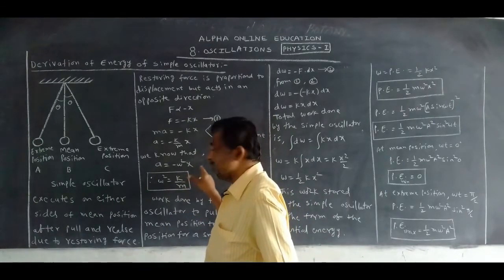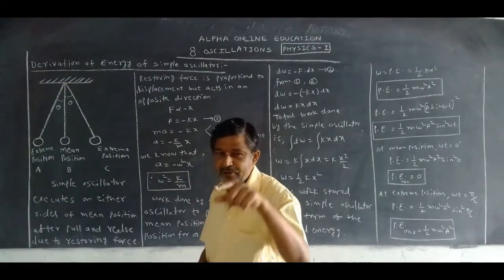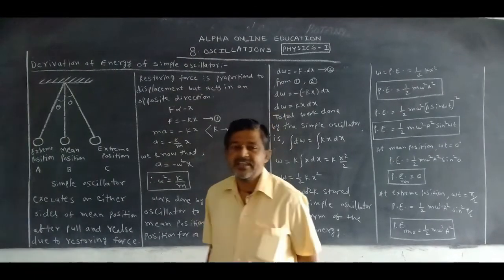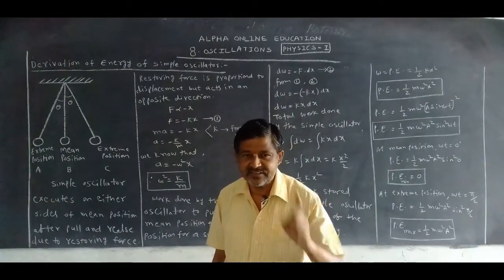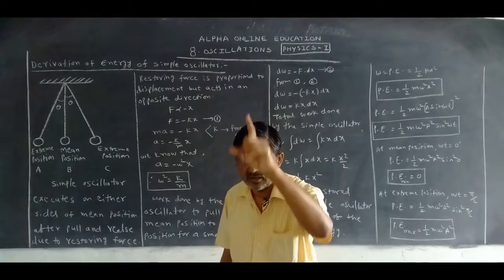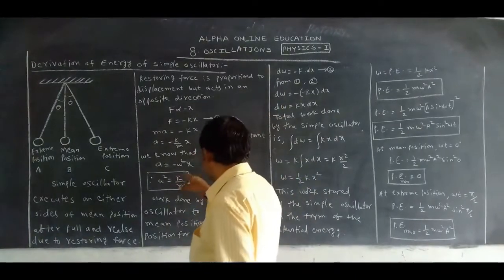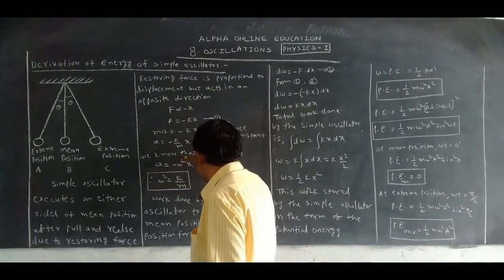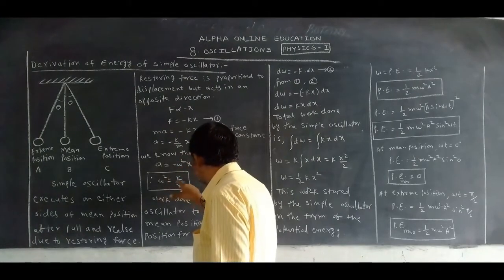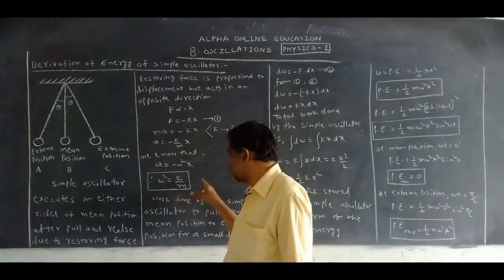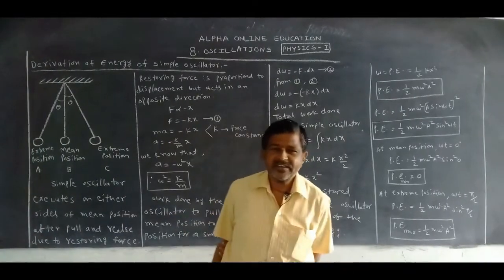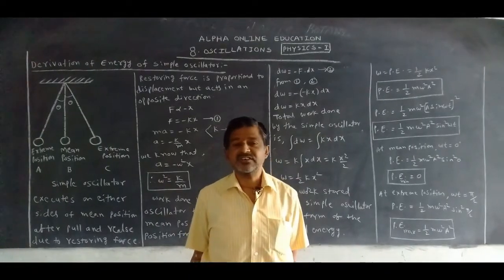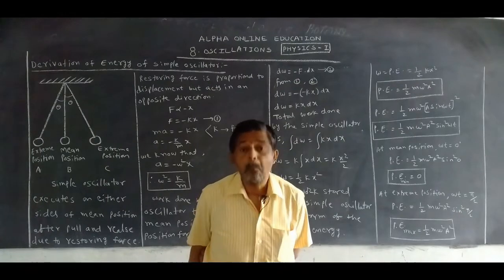You must always remember this equation. This equation we again used in the derivation of the time period of the simple pendulum. a is equal to minus omega square x. This is a very important formula you must remember in the oscillations chapter. Compare these two. a is a, x is x. Omega square is equal to how much? k by m. You must also remember this. Omega square is equal to k by m. What is k? Force constant. What is m? Mass.